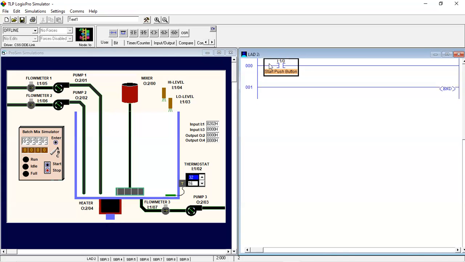So we will connect an output coil and put the address of pump 1. When we press the start push button, the signal flows to our pump, and our pump runs.